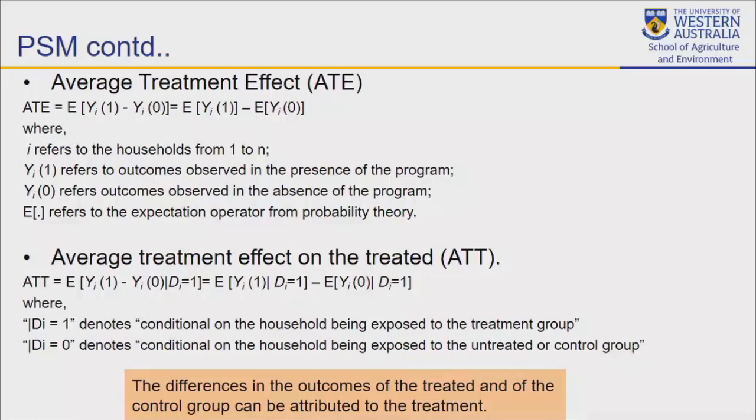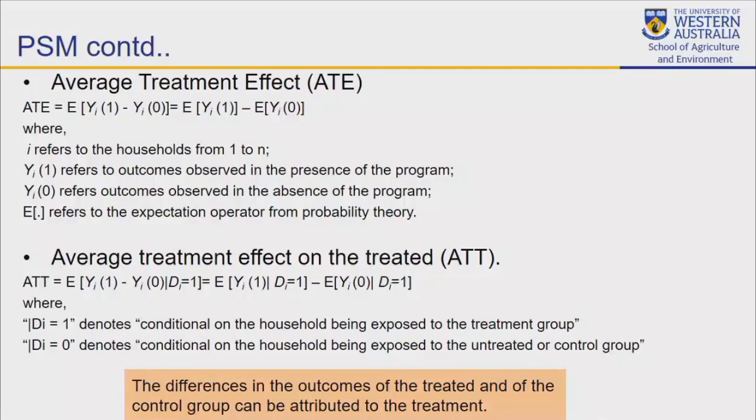Since an individual can only be in one group at any point of time, measuring the outcomes of the group who did not participate in the program but closely resemble those participants is as close as we can get. So we will estimate the average treatment effect on the treated, which is the average outcome had they not participated in the program. This cannot be directly observed, but we can estimate this with the help of comparison